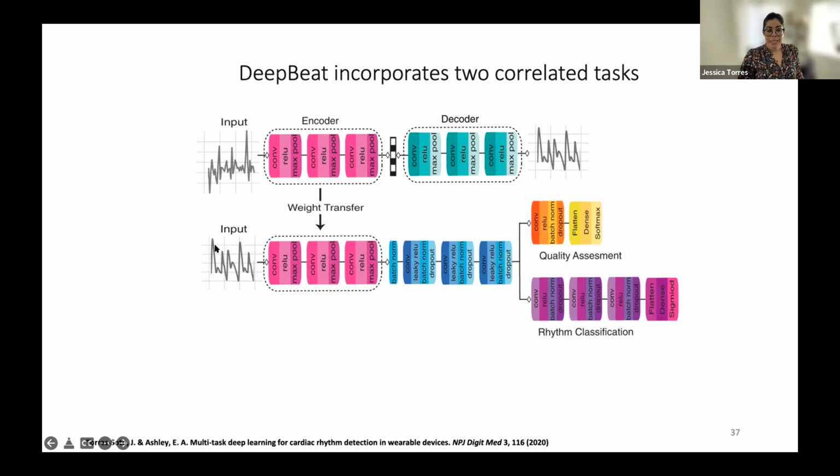Here on the bottom you're going to see our deep learning method, where we went through a couple of rounds of hyperparameter tuning in terms of adding additional layers and then focusing on the branching that would focus on either the signal quality or the rhythm classification. Our input into this is going to be 25-second lengths. That's ultimately what we highlighted in the paper. But we did look at various lengths of monitoring as well, which I can talk about towards the end.